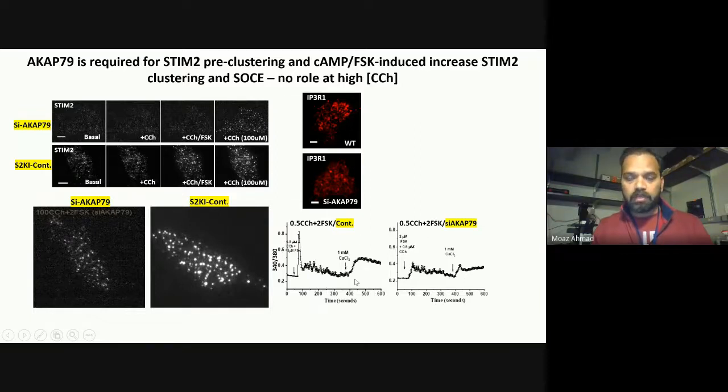So here is the control experiment. You can see a synergistic stimulus mediated calcium release and influx. But when we knock down the ACAP, the same synergistic stimulus causes a substantial reduction in the calcium release as well as influx. So this suggests that ACAP79